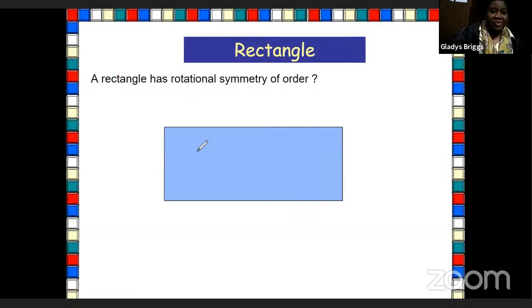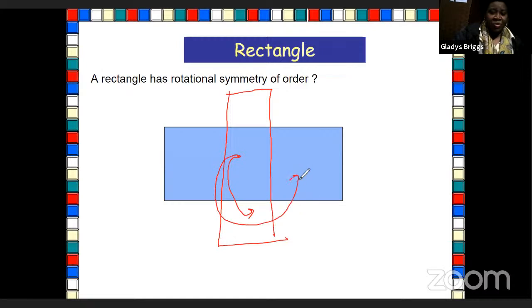If I turn it this way, when it's up like this, is it going to come back onto itself? Nope. This would be 90 degrees. But when you go 180 degrees, it will be like itself. Then you go 270, and when you are here, it will be